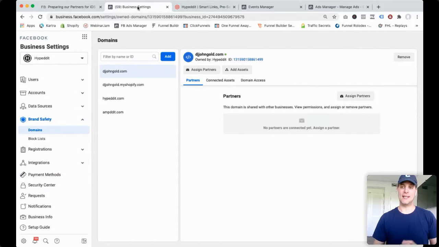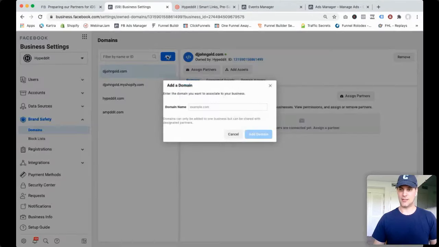All right. And then the next step is that you want to come into Facebook, go into your business settings, then open up the brand safety section and click on domains. And you'll see an interface that looks something like that. Yours might be empty if you haven't registered a domain yet. And registering a domain is really, really easy, because all you have to do is click on add here, and then it asks you what the domain is. Let me just do this here,